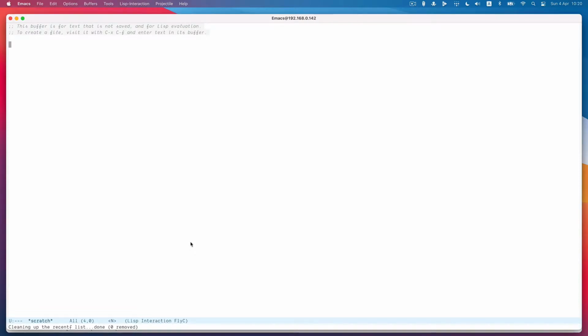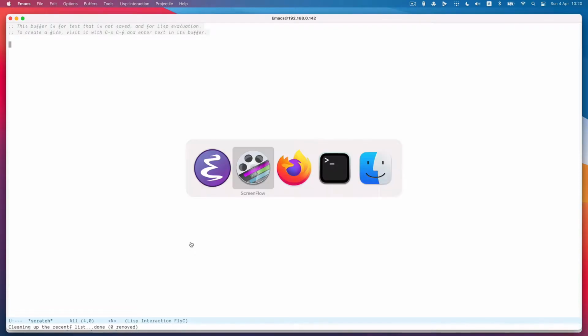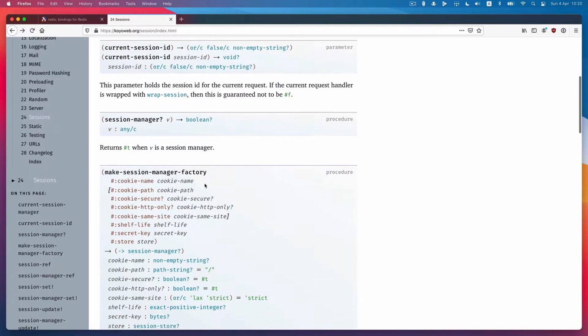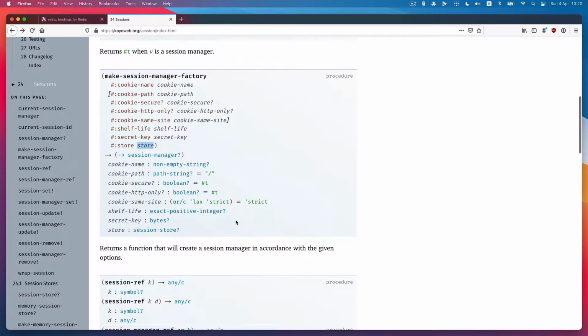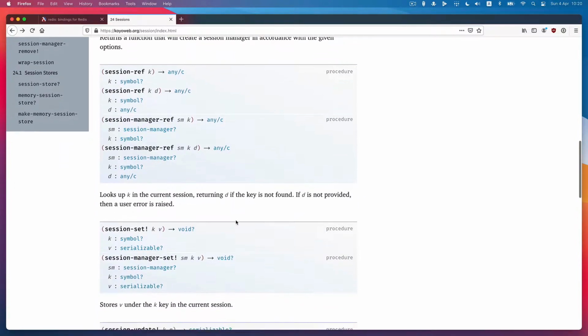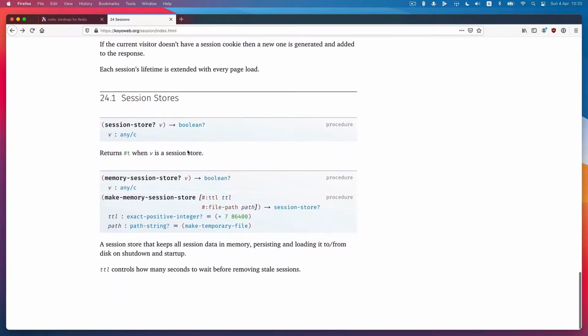Today I want to build a Redis session store for Koyo. Koyo has this notion of a session manager, and every manager takes a store. A store is just an interface for storing and retrieving session information. And sort of the default implementation that Koyo provides is just a memory session store, which, as the name implies,